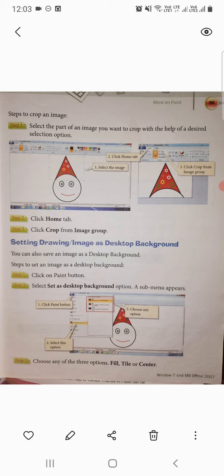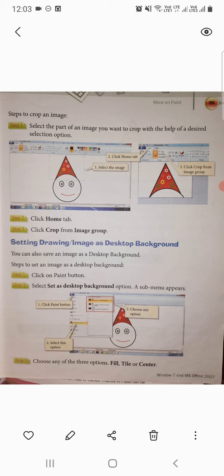That rectangular selection, using that you can select the upper portion, and then you can crop the rest of the image. Go to image group and click on that crop option. It will crop all the outside of your selection, and it will cut off the rest of the image, and it will provide you the selected portion, that means the upper portion of your image. Okay, so this is crop option.